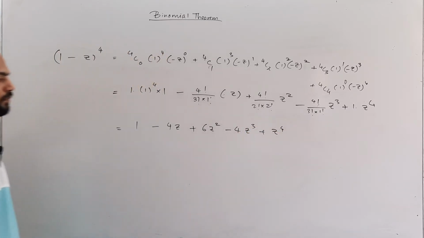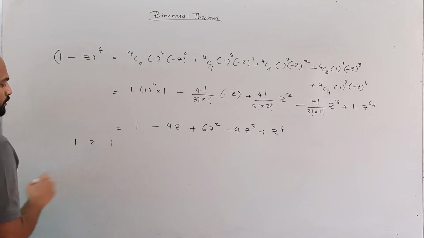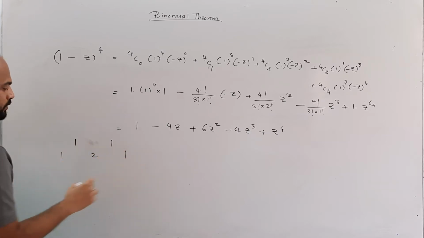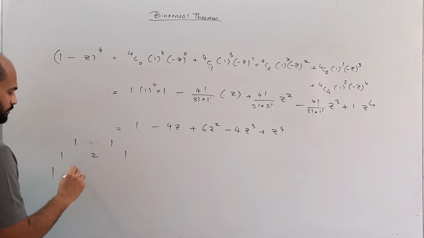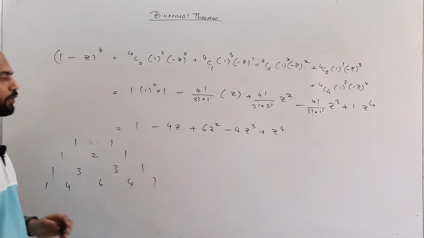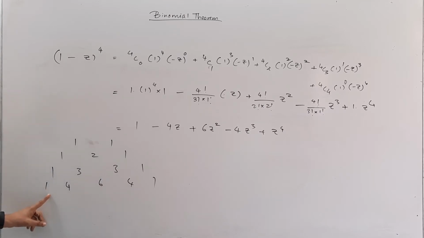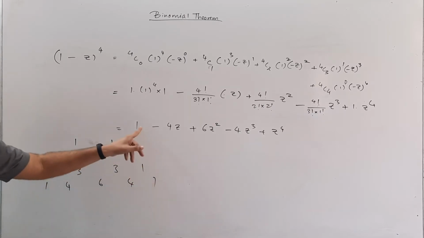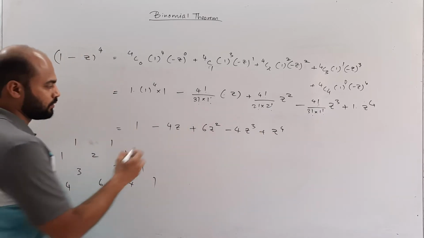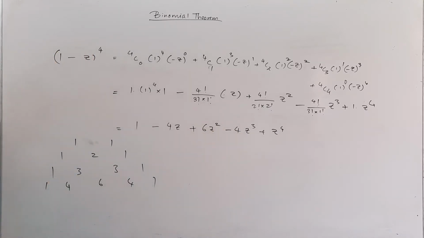Now if we go back to the Pascal's triangle and analyze 1, 2, 1, this is for the first one, second one power 2, power 3, and this is going to be power 4. So here you can see that, as mentioned earlier, the coefficients are 1, 4, 6, 4, 1. So here also it is 1, 4, 6, 4, 1. And at the odd powers, the negative sign is coming up as discussed in the concept. So this is a very basic expansion.